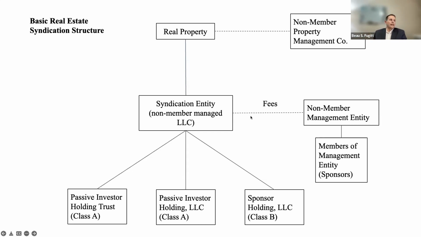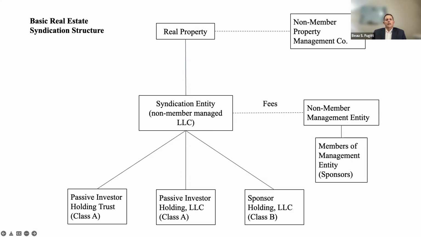Why do we do that? Again, it's going to lessen the liability of the actual entity that holds title to the property. If the person making decisions on behalf of the syndication entity does something that could violate some law or somehow receive some type of judgment, then there's a better chance that the judgment's not going to come here. It's going to go to this non-member management entity, and then boom, assets still safe, right?